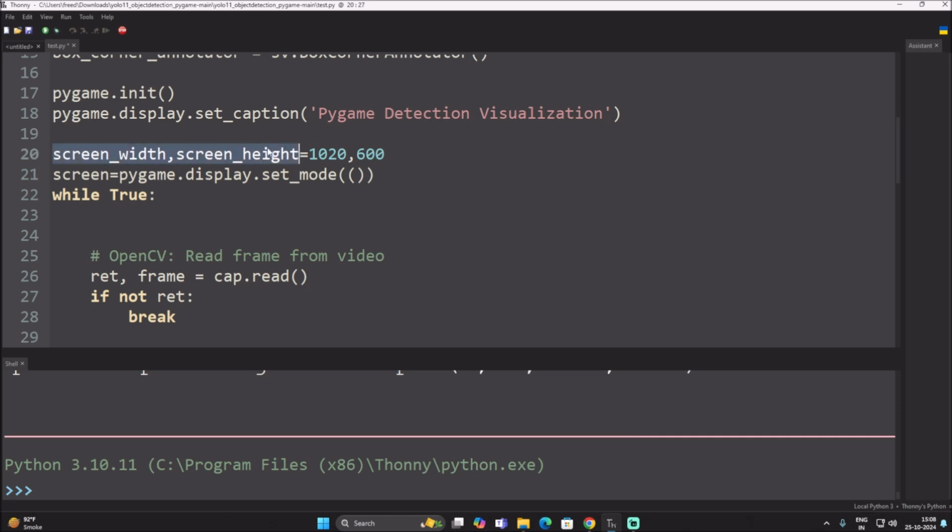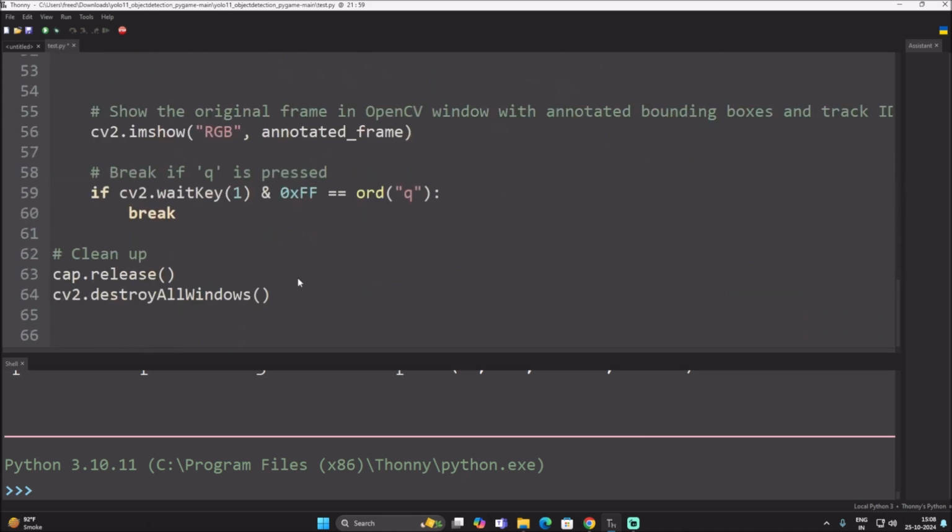So just copy the variables and paste them over here. Done. And now at the end here we will mention pygame.quit. Now if I save the code and run the code,